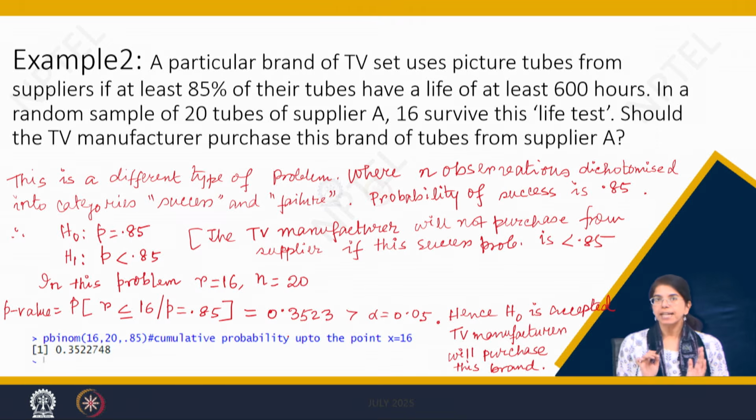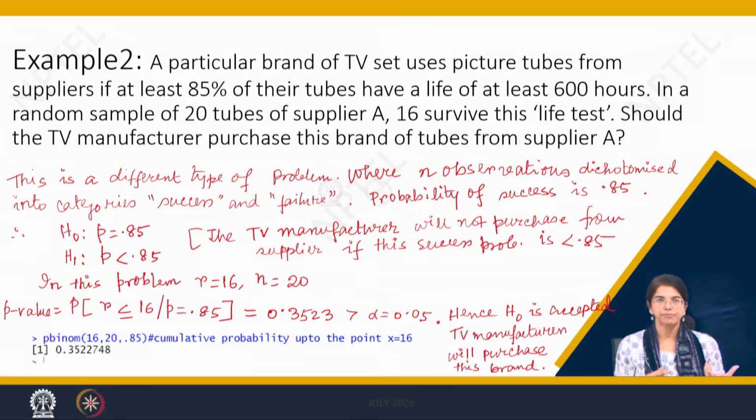Why? Because in this problem the number of positive signs, let me tag it as success, is already given. You do not need to count how many observations are falling to the right of your median or to the left of the median. In fact, in this problem no mention of median is made. It is basically a problem of proportion, of probability, but that can be tackled with the use of sign test. Now, what will be your null hypothesis for this problem?